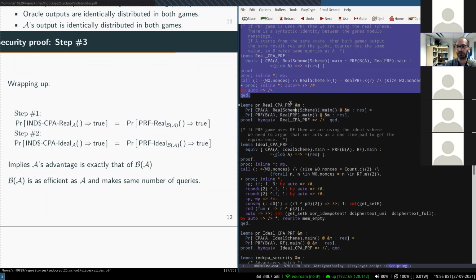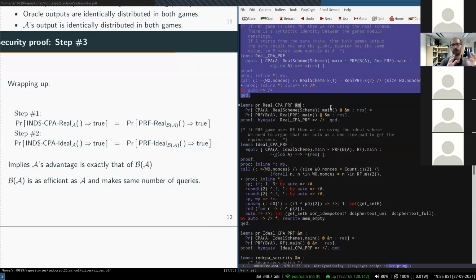The only difference is that we need to specify an initial memory from which the execution starts. And in this case, it's often simpler to assume that we start from the same memory on both sides, although the only thing we really need is that the globals of the adversary are the same on both sides. So here we're just saying, for all possible initial memory, as long as it's the same on both sides, if